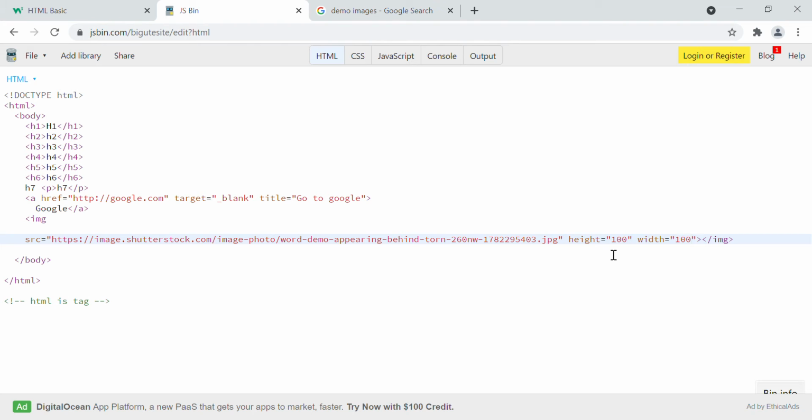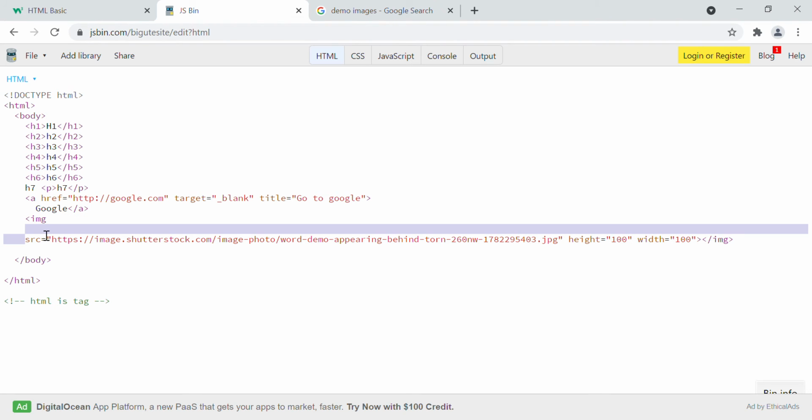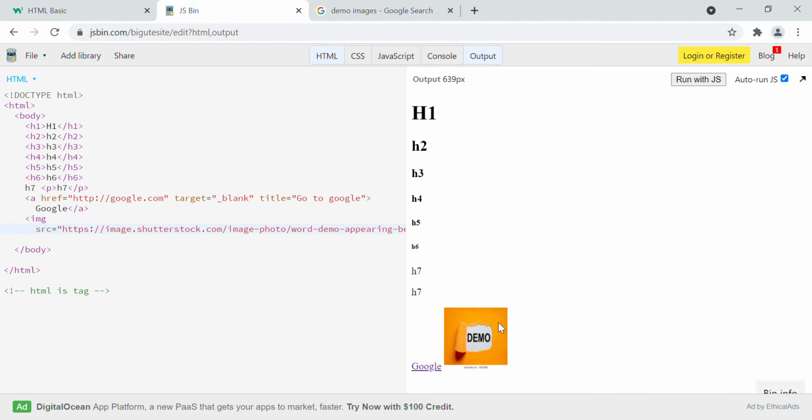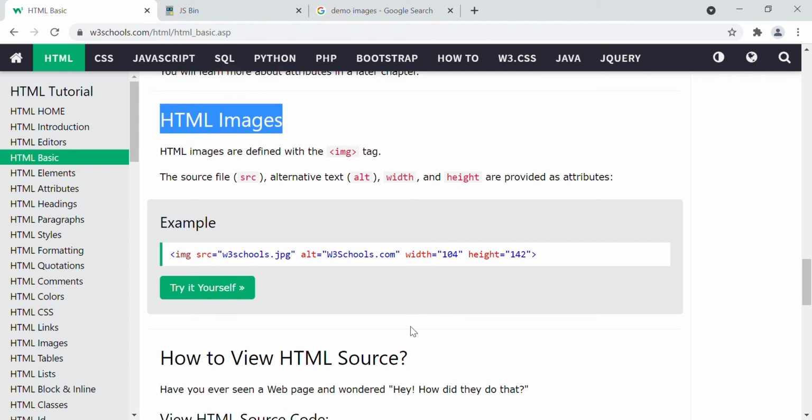If you are defining both height and width as 100, you can see that now the image is displayed in 100px format. The image is comparatively smaller because we have defined the height and width. So the height and width attributes are available for the image tag. Okay,